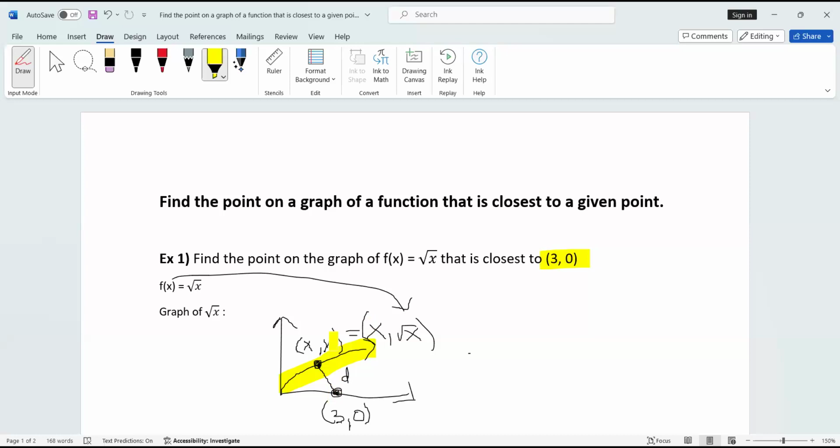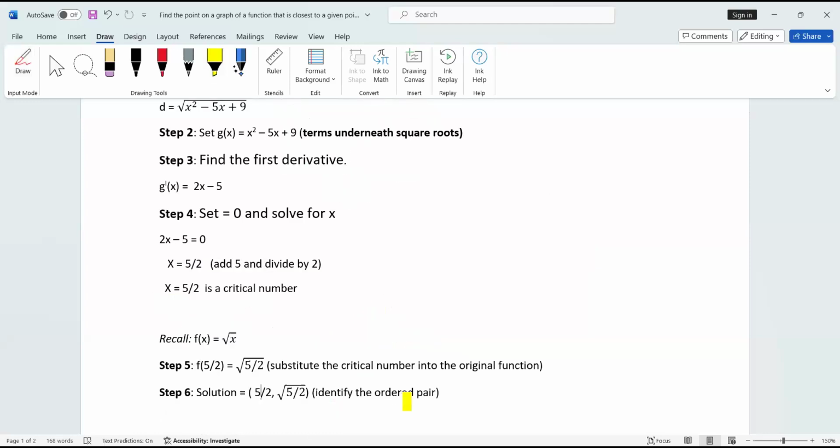Because our function is the square root of x, remember f(x) is the same thing as y equals square root of x. We want to know this unknown point, some x comma our y coordinate, which would be the value of our function, square root of x. So we want to find (x, square root of x). Step one, we want to